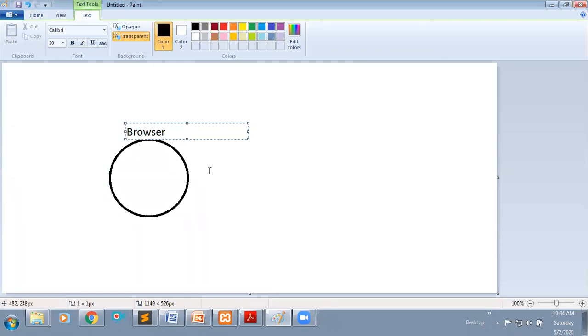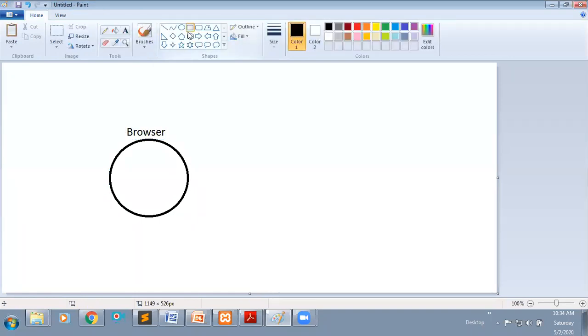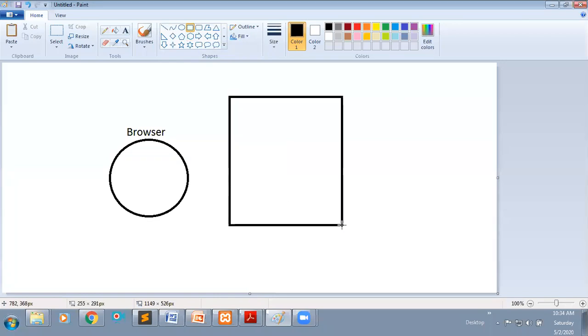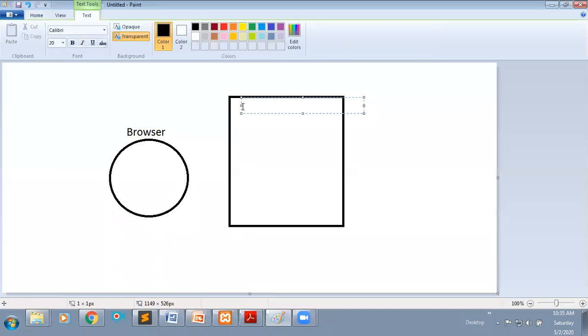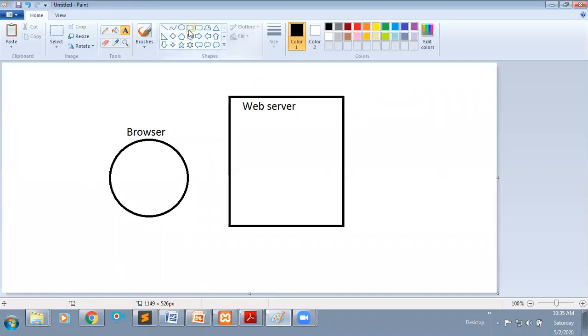This is the browser. Our PHP files are available within the web server. In the starting classes, I already said PHP scripts are executed within the server. This is the web server, and within this server we are going to store our PHP files.